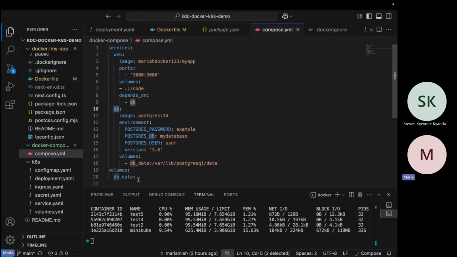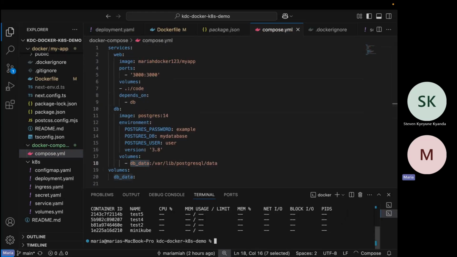Then you attach a volume. In this case, it's mounting my local DB data volume to the Postgres installation. So we could try and run this. All you need is a compose.yaml in your application to run Docker Compose. So how do we run it?